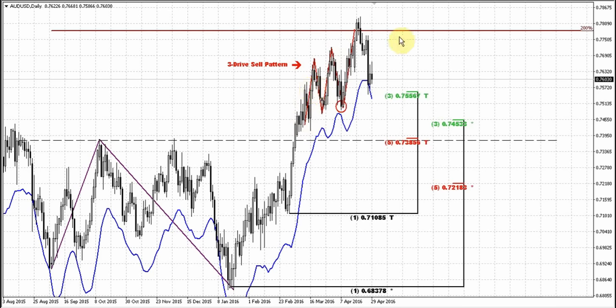This is not really important right now, but we will need it just to get more confidence with this reversal. When you see a reversal pattern at the top of the upward direction, this gives you more confidence that this reversal is probably a real reversal.